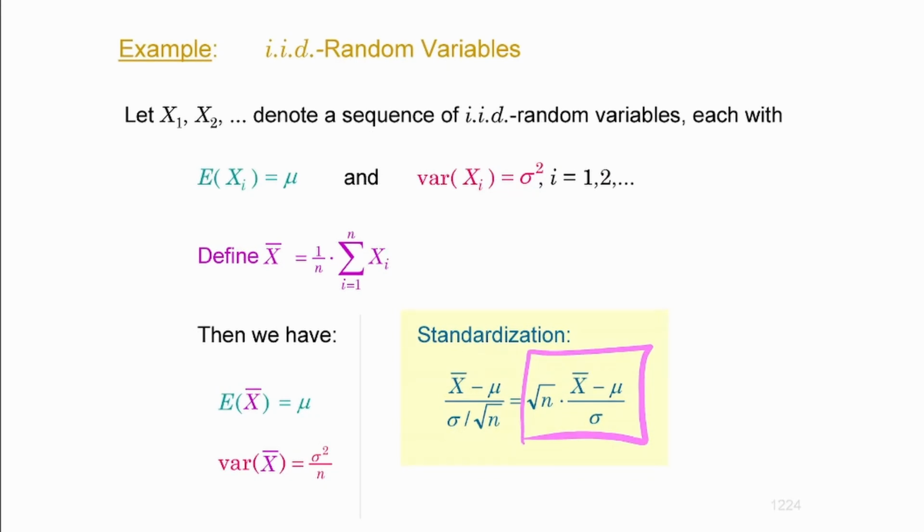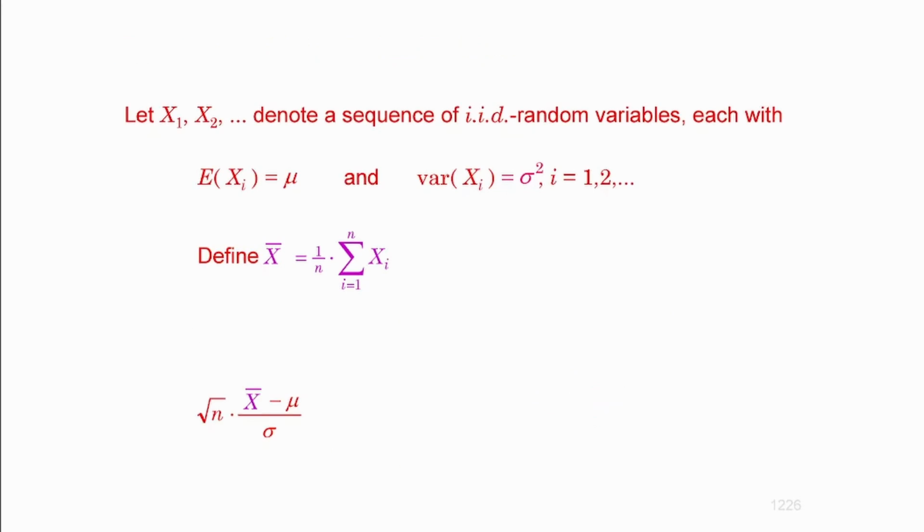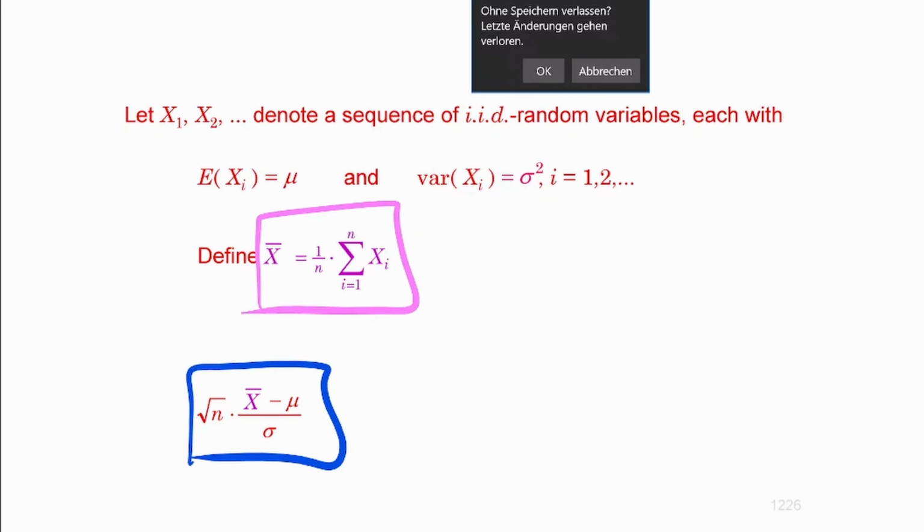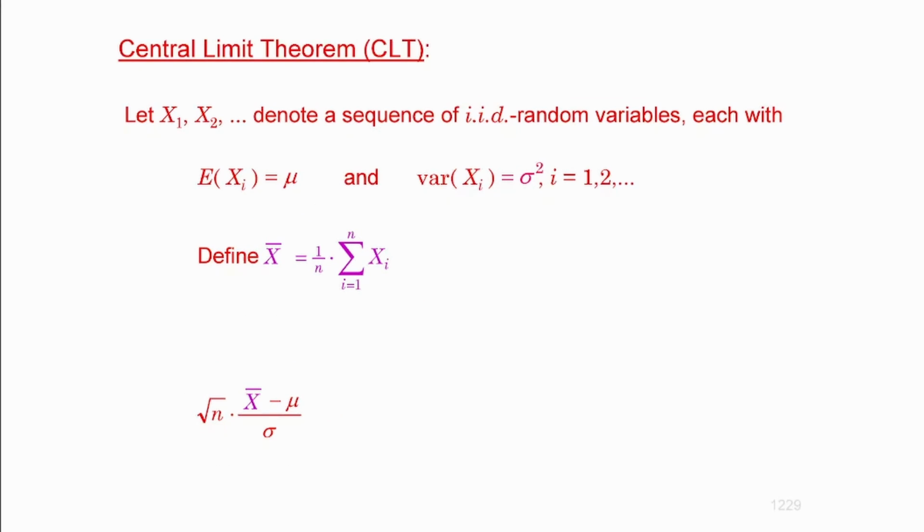Now that makes creating the central limit theorem much easier, and that was the reason why I did it. Because as you see, this is the sample mean up there, and down there, this is its standardization. So what you see is the standardization of the sample mean, but I needed to get there, and I needed to have the expectation and the variance of the sample mean. Now when it comes to the central limit theorem, which I'm going to establish right there, the central limit theorem claims that the standardized version, first off, I would need to consider a sequence, because the arithmetic mean defines a sequence of itself.